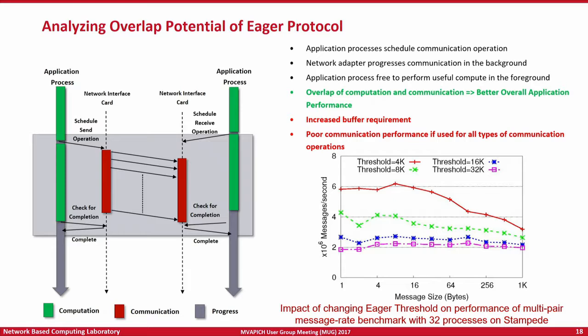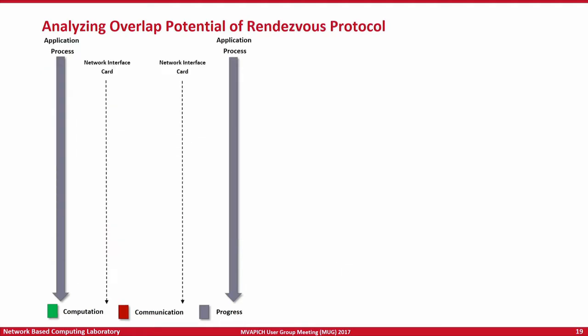So how about your rendezvous protocol? Typically what happens in your rendezvous protocol is, the application will schedule a communication, and when the communication happens, you just send out a ready to send message. The reason that a handshake is required is that both processes know that the receiver does not have a buffer which is large enough to receive the data. So there are no pre-posted buffers large enough to receive data that is greater than your eager threshold size. That is why a rendezvous handshake is required.